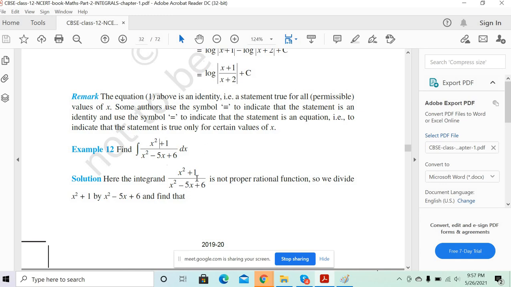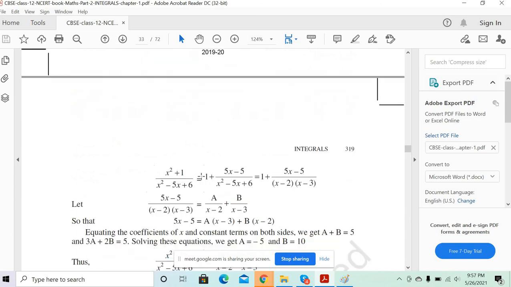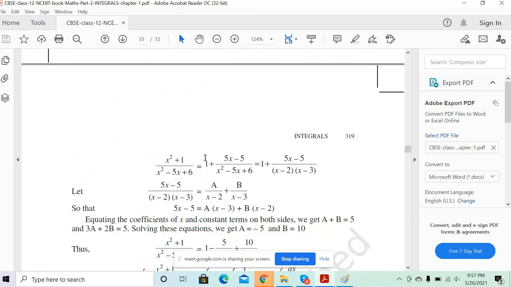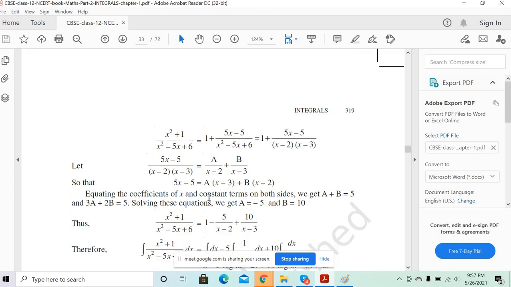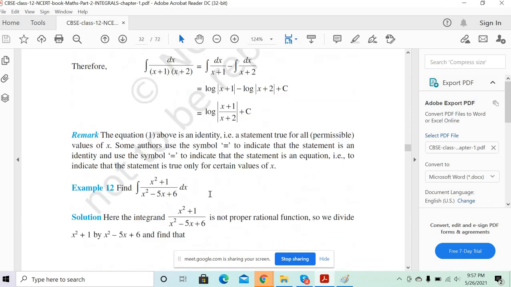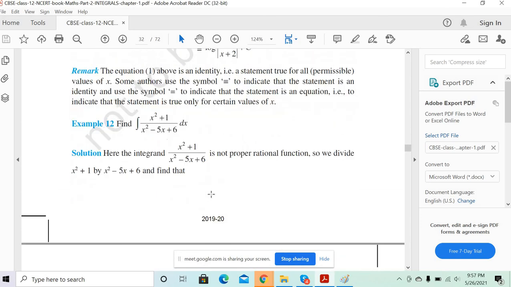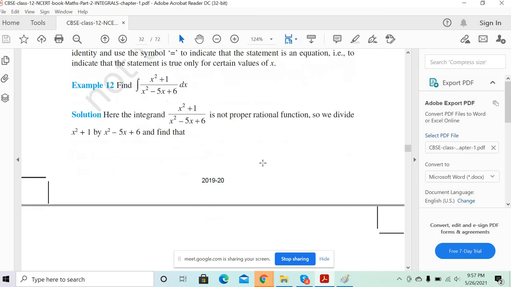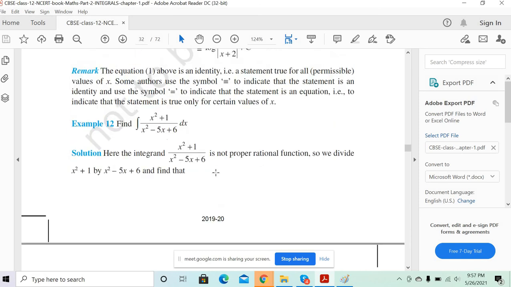You remember how to do the division, right? Okay, try it out. Whatever quotient you get, keep it here, and whatever remainder you get, put it on the top, and that becomes a mixed fraction. Isn't it clear? Yes, sir. Try it out now. This is what you need to understand in this part. There's no rocket science in this, isn't it?